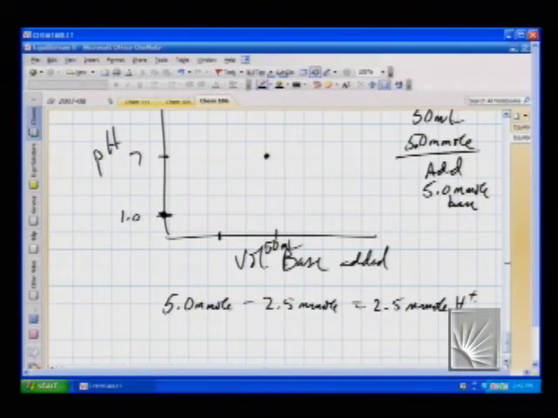What's my total volume at the half equivalence point? 75 milliliters. I started with 50 milliliters of acid. I added 25 milliliters of base. So I've got 2.5 millimoles in 75 milliliters. The nice thing about this is the millis cancel. So if I just do 2.5 divided by 75, I get,